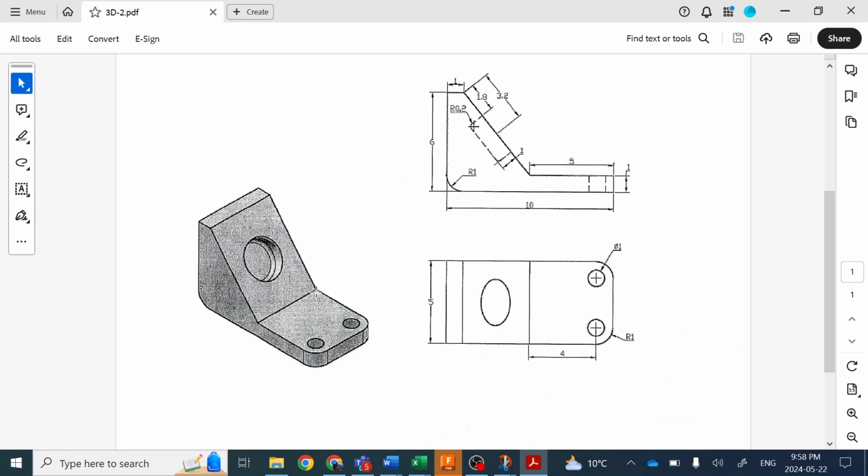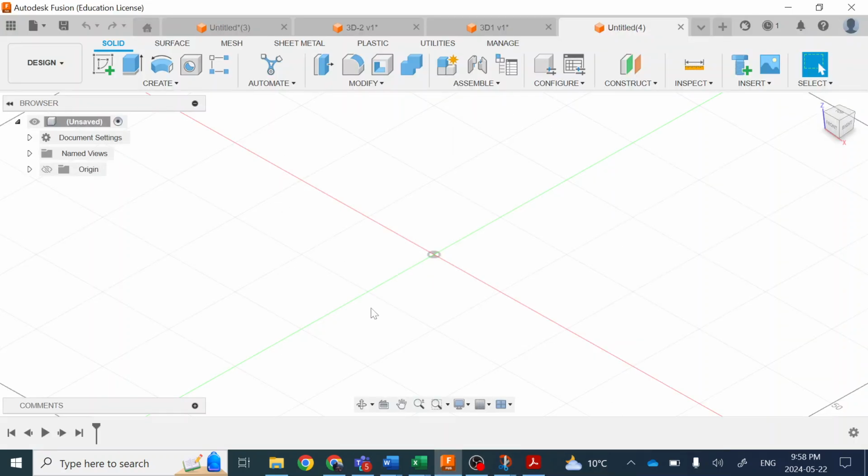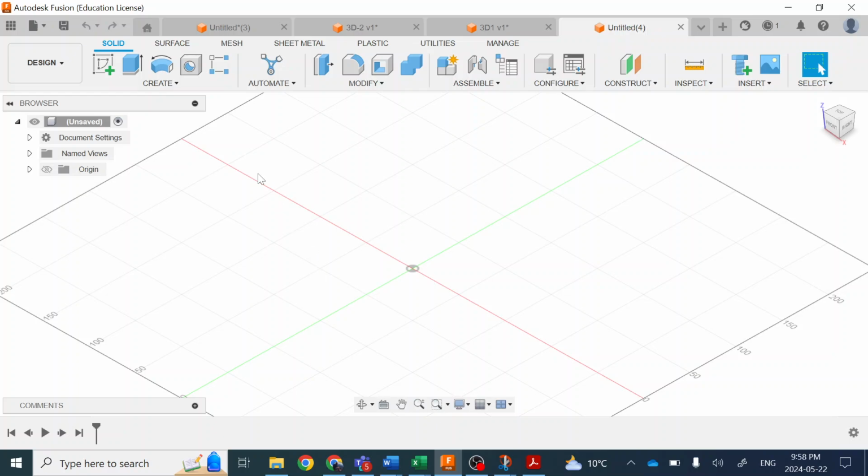Okay, so we're going to create this three-dimensional object here in Fusion using the isometric and the orthographic views of it and with the given dimensions. So I'm going to open up a new canvas here in Fusion, and then I'm actually going to insert that